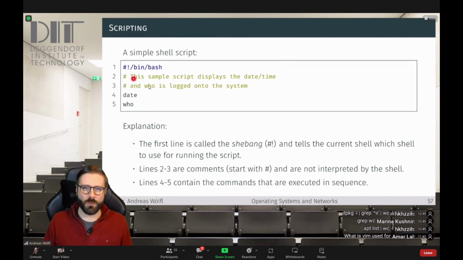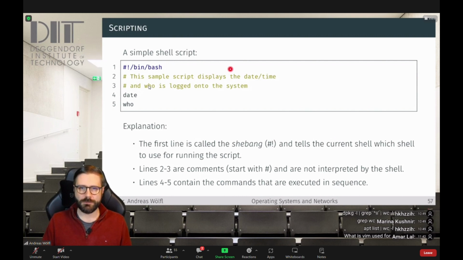the script. If we want our commands to be executed in a bash script, which is our default and also the default in the Linux distribution, we write /bin/bash here in order to tell the shell that's executing the script that this is a script that should be executed in a bash shell, because there are many shells. There's a Z shell, there's the S shell, there's just the Bourne shell, which is the SH shell. So there are multiple shells, and you can execute a script that was written for Z shell, for example, on a bash shell. This is possible, but then you need to specify that this script, what is following in the lines after, are written in